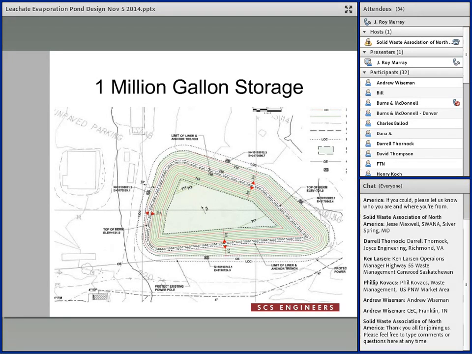This detail actually shows you, if you look at the pond bottom, you can see that it slopes to the upper left-hand corner at a 1% slope, and there's a small sump that's been graded into that upper corner on the floor. It's about a foot deep sump, and they could put a pump in there and pump it all out if they ever needed to clean anything.